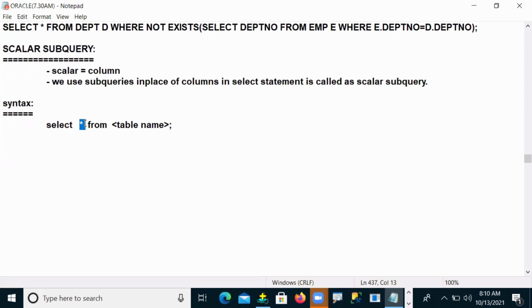Yes, definitely. So in place of star, can I write column 1, column 2, column 3, and so on from table name? So both are the same.